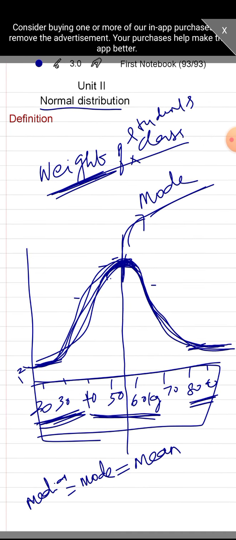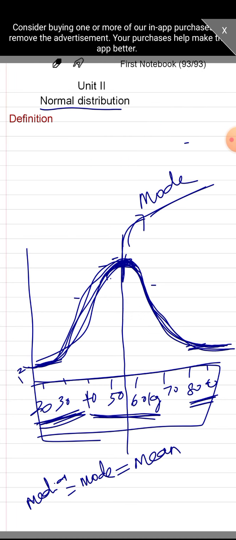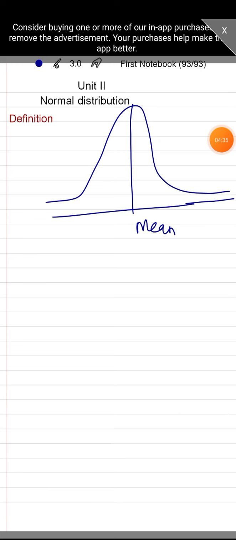So this is the graph of the normal distribution. Okay, so we know that this is the bell-shaped graph of the normal distribution, and the peak value is said to be the mean. Okay, so in the calculation, we will not do calculations like this. Okay, so when doing calculations, I am going to consider this left hand end as minus infinity and this right hand end as plus infinity.